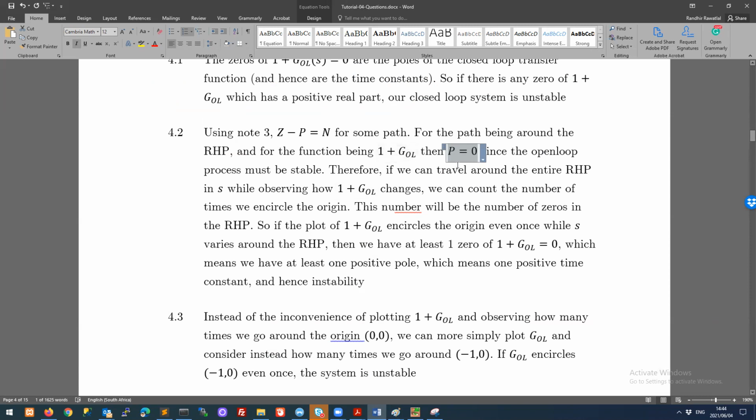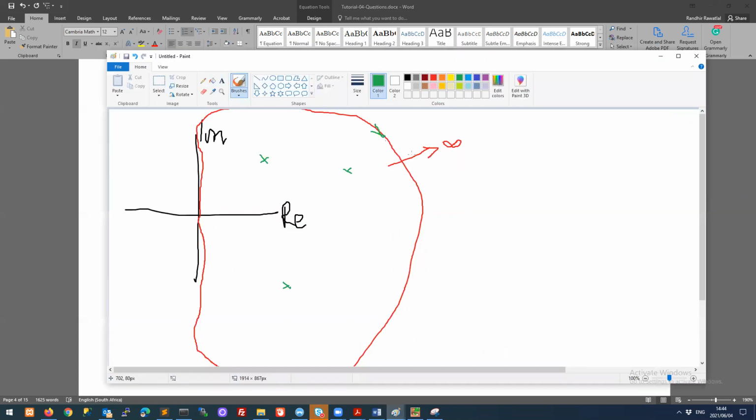When we put in control, we don't have inherent instability, right? Now we are looking for a more subtle instability. So we know this p equals 0. So if p equals 0, then z equals n. In other words, if we pick an S, all this is in the S plane, so as we travel around S here and we observe what's happening in G,